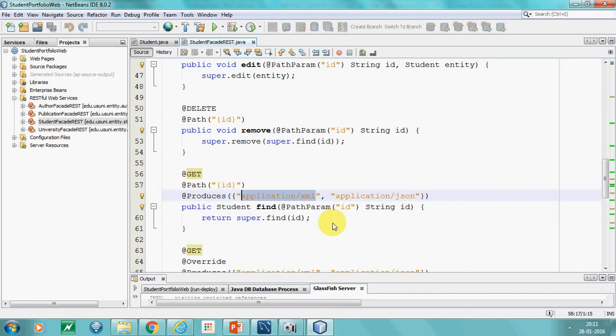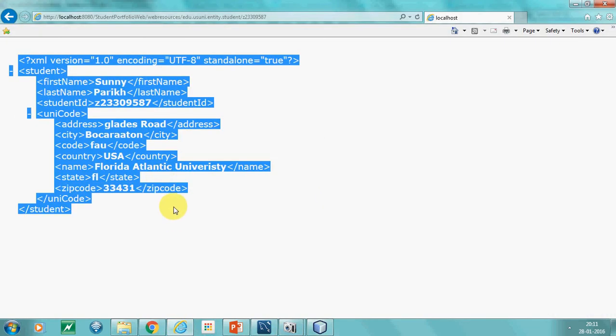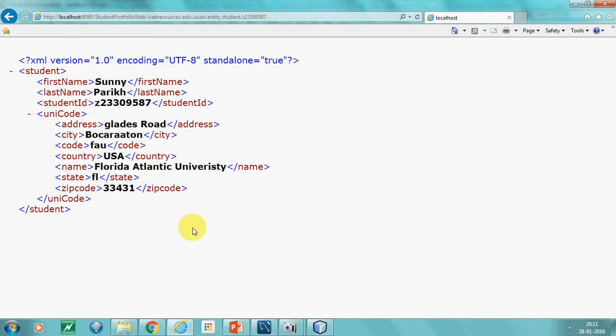And that data would be sent as an HTTP response message. The response message will have a resource representation in XML format. And that is what the web client displayed to us. We all understood this. So we tested the RESTful web service. Now the clients can just parse this XML and can use the data and can display it or store it into their database, as per the need.